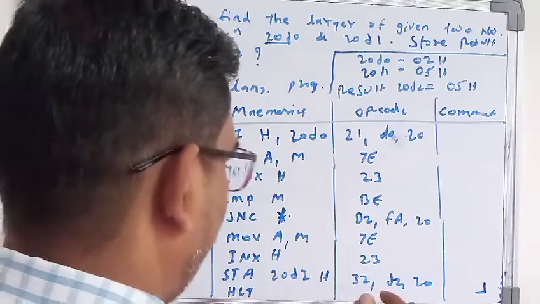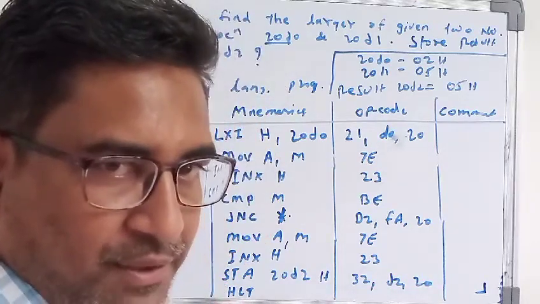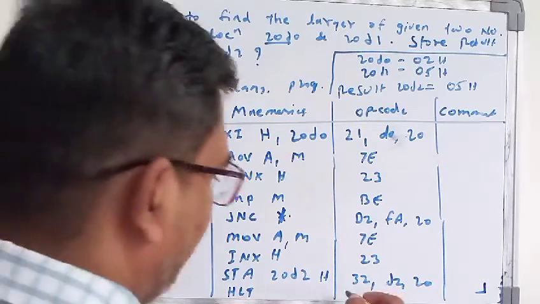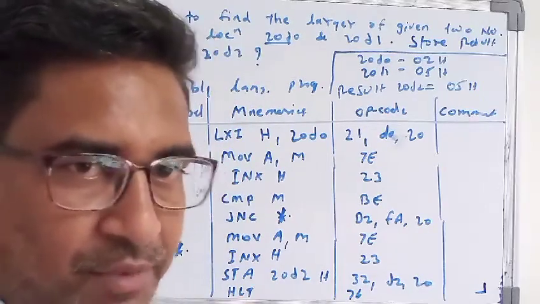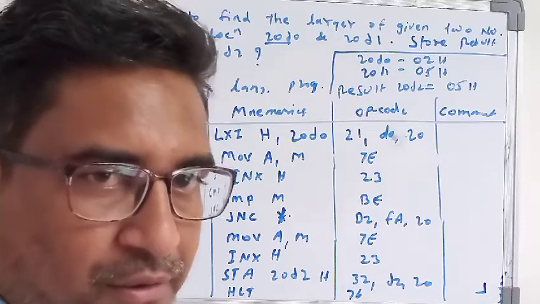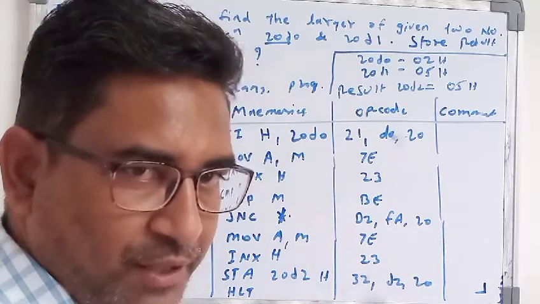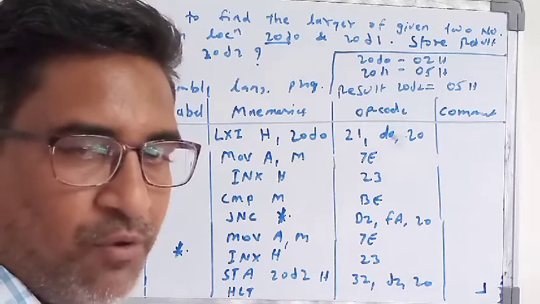For this HLT, for the address of the kit, it is CF. In a text it is 76. You may write down 76 also, but the address is not assigned for that particular kit, and that's why the program will not run. It will get the halt, or the wait instruction will occur. So the program will not run. So you have to write down the output for the HLT. It is CF.